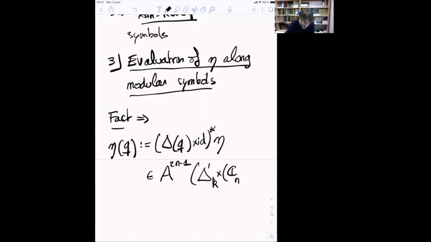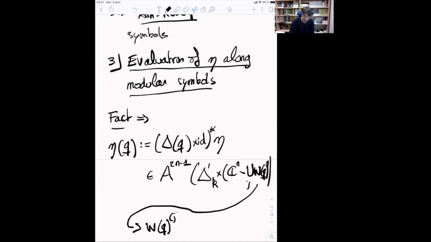times Cn, and I will erase all the hyperplanes that correspond to the direction where you want to go with the modular symbol. So what are these hyperplanes? It's all the, I will say, WQJ, where WQJ is precisely the